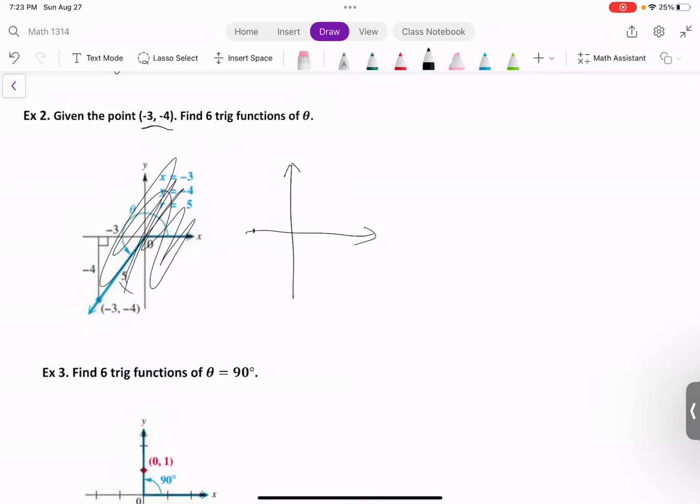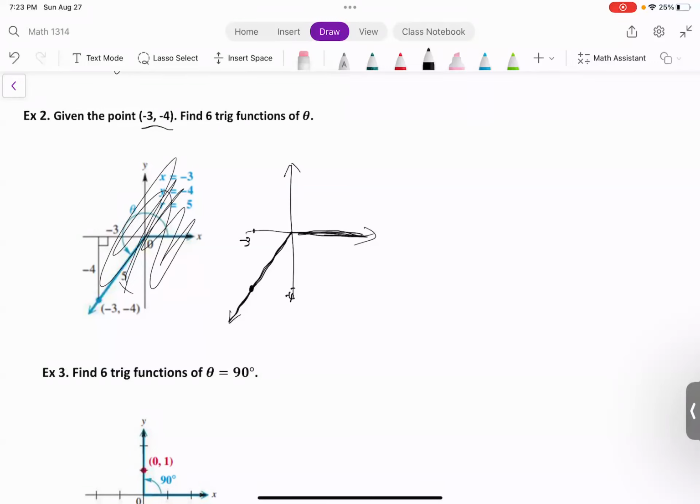So where is -3? For example, it's -3, and this is -4. So the point is here. Then I need to connect the origin and the point here. So this represents the terminal side